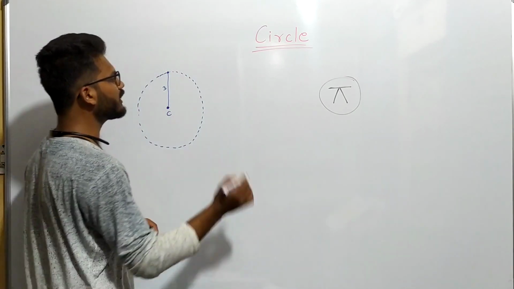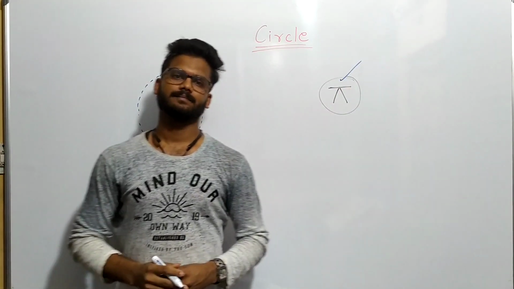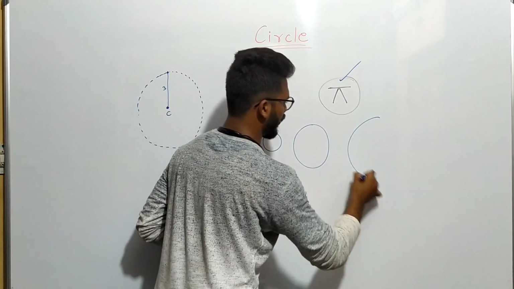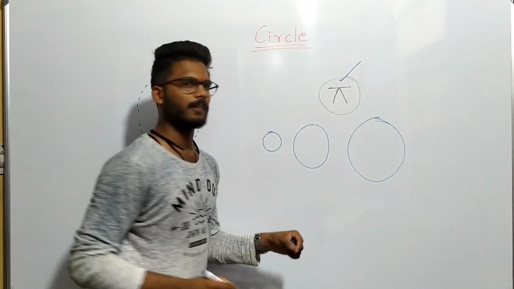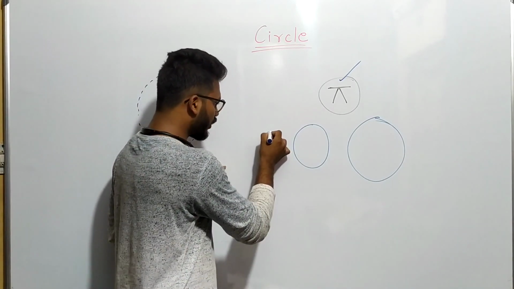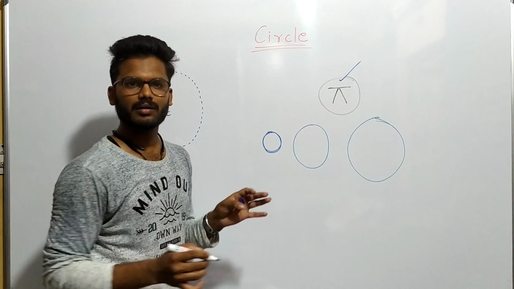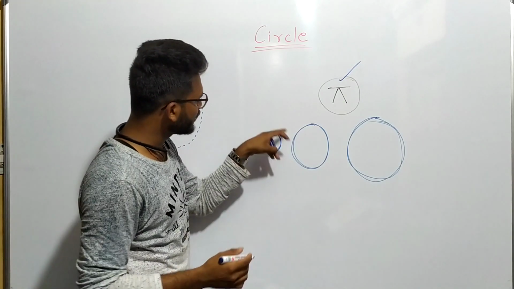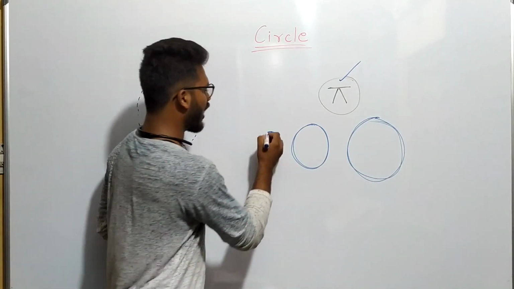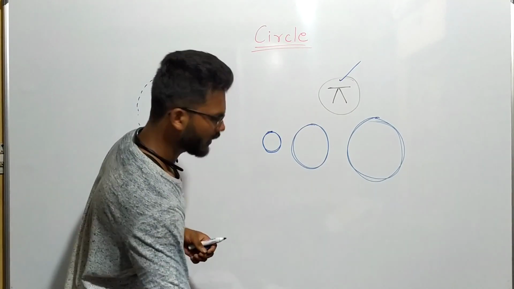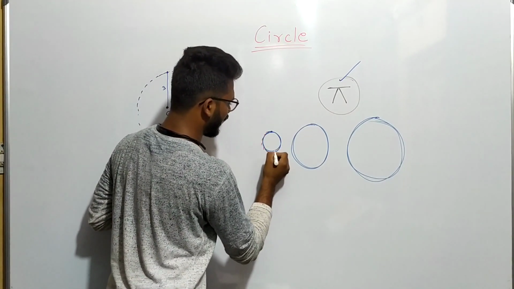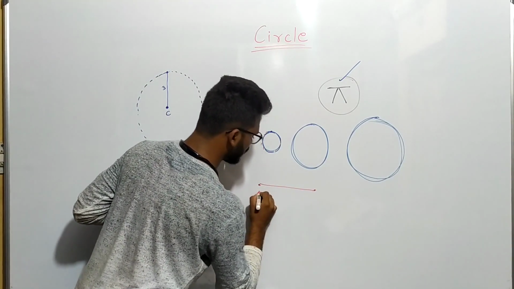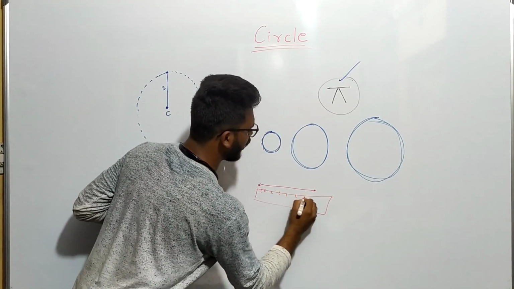And see what is pi. Okay, in general I am taking 3 circles. Okay, if I want to find the total boundary of this one, okay, what it is? Total boundary of these circles. How I have to find? As you cannot measure using the tape, what I have to do? I have to take a thread and keep along the boundary, and I have to take the thread and use a scale to find how much length it is.